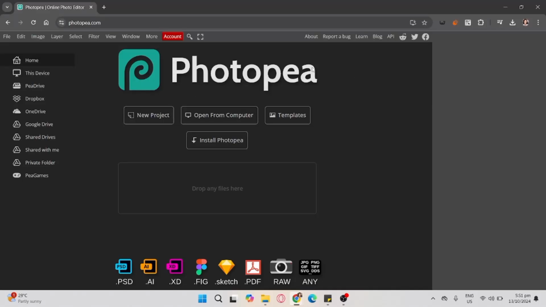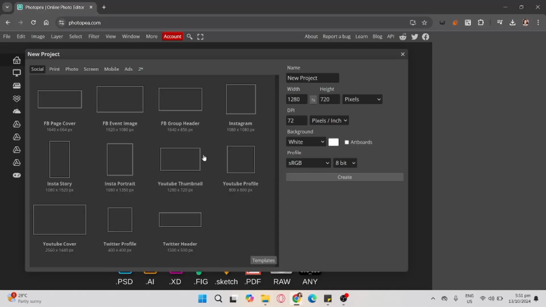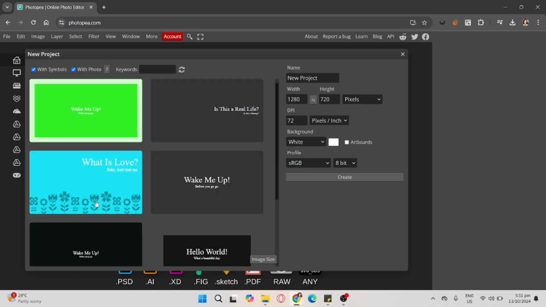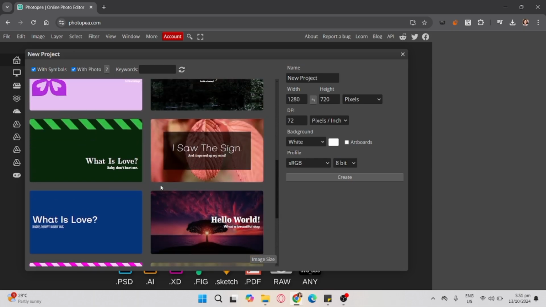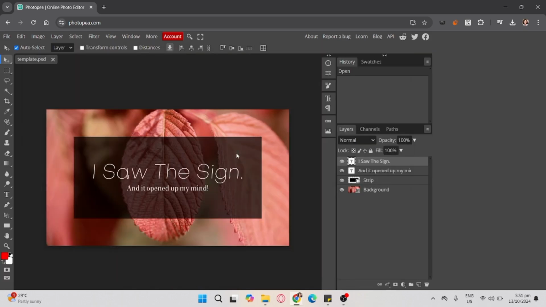To add another picture on Photopea, click New Project, then click for the templates on the right down corner. Then choose any templates you want. In this case, I'm choosing this. After that,